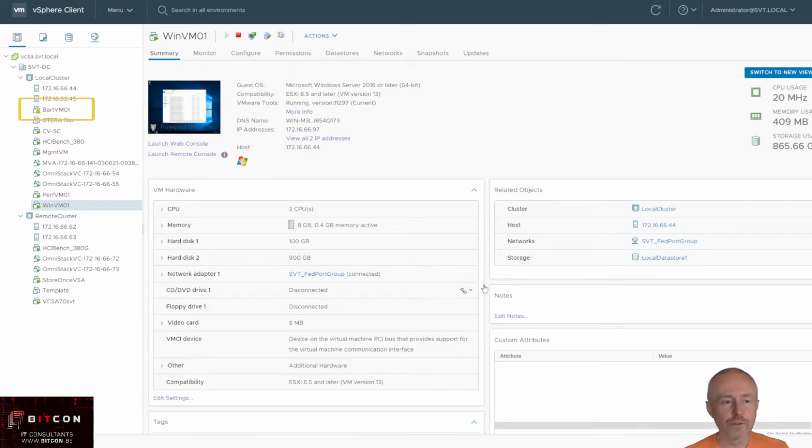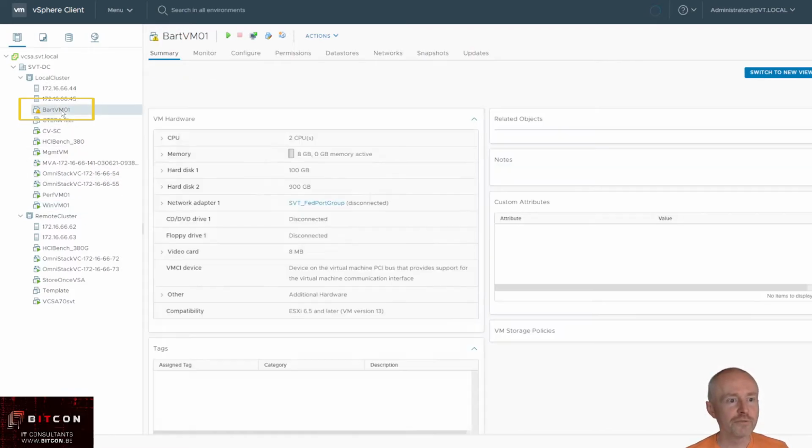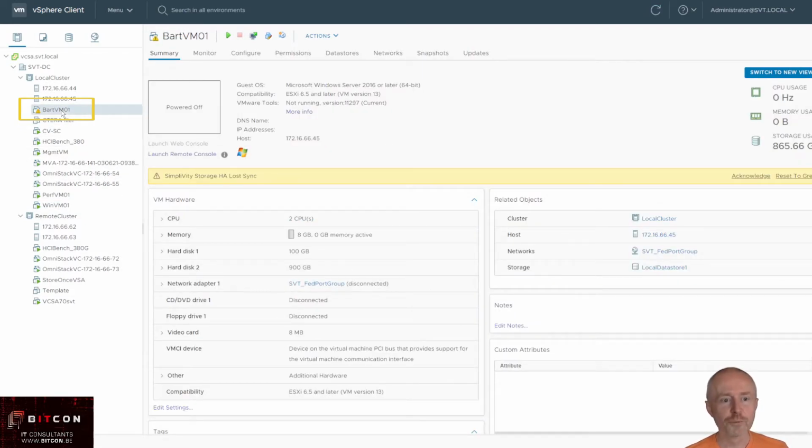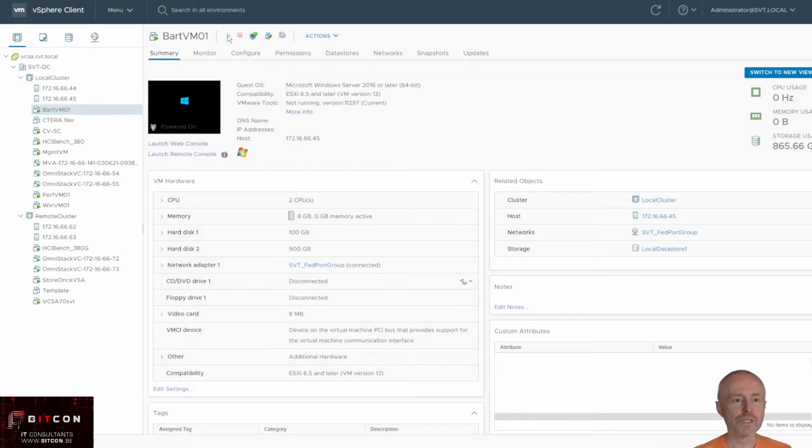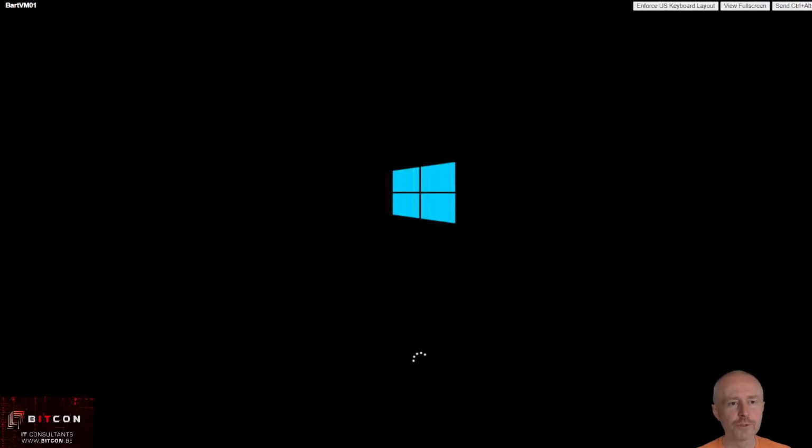So if you take a look here now, you will see that BART VM01 virtual machine. It's already there with 1 terabyte of data. So I can show it to you. I can power on this VM, right? How long does it take to power on a Windows virtual machine? I can open up my Windows console and I can log on